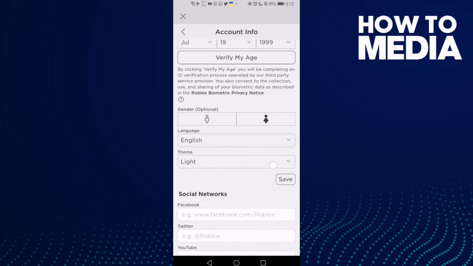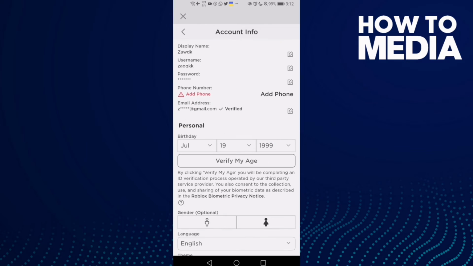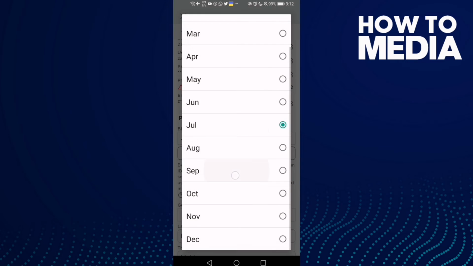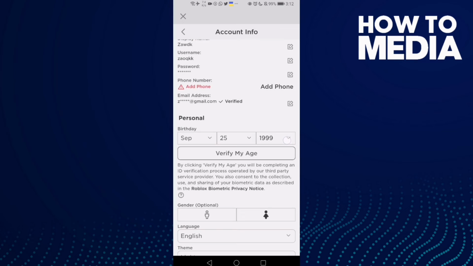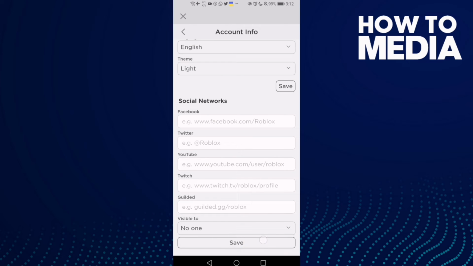and then just go down and here you will find this one, birthday. Just change it to anything you want and then just click save,